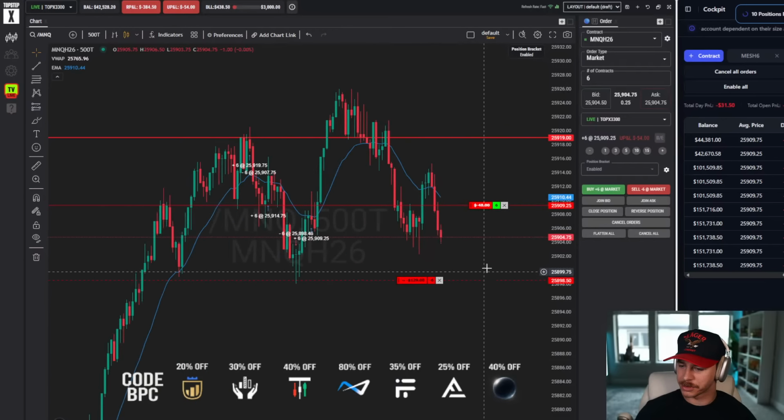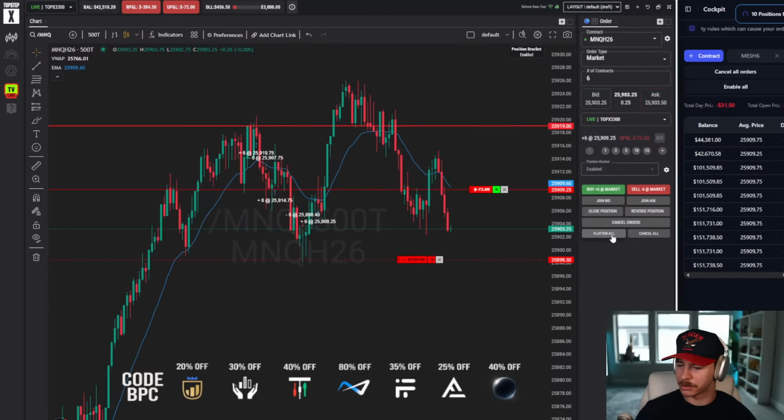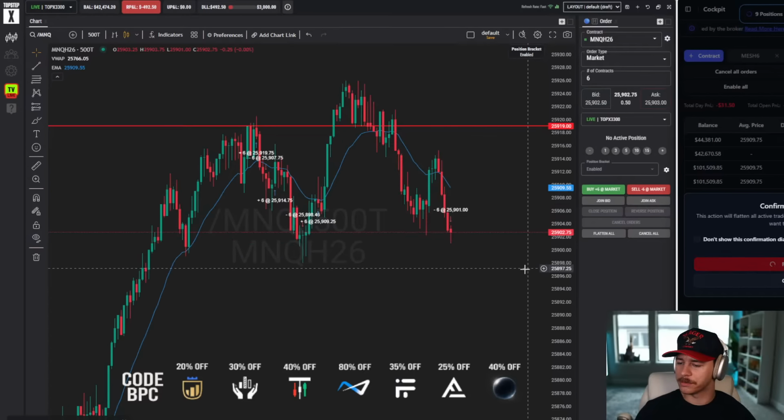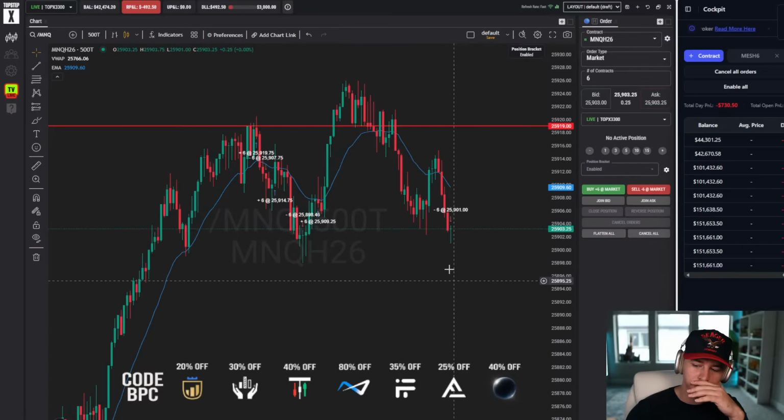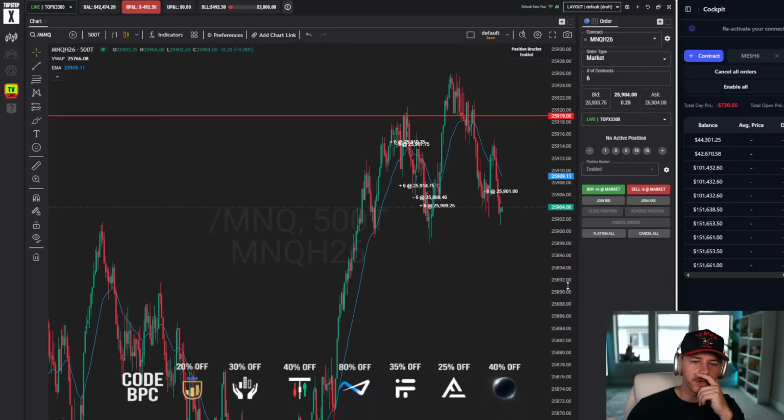We're falling off this resistance pretty heavy. Just can't get above it. 915's rejecting. I think our stop's gonna get ran here. Yeah, this is not looking good. I want to try to mitigate some of the damage and just cut it. This is okay. This market's not as easy as I thought it would be coming into the morning. Let's see what happens. I don't know.